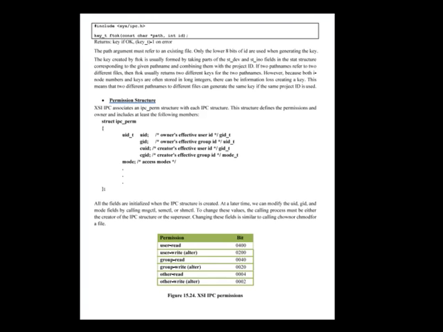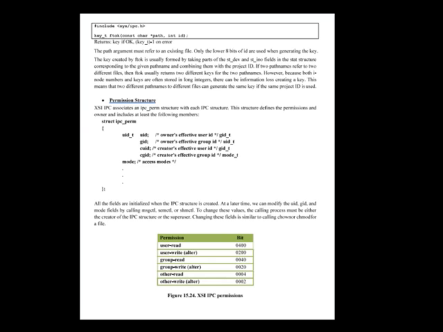At a later time, we can modify the uid, gid and mode fields by calling msgctl, semctl or shmctl.